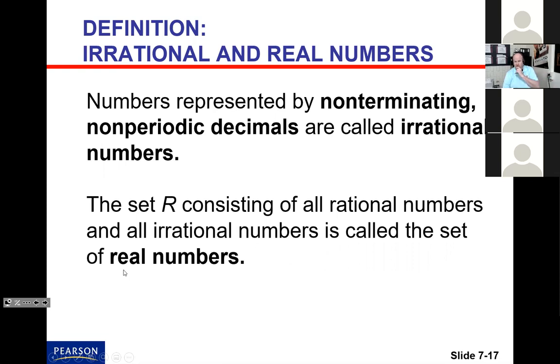Somebody say it, just so we know we're clear. All real numbers? All real numbers. Thanks, Sam. They make up all real numbers, right? So natural, whole, integer, rational, irrational, all make up all real numbers,